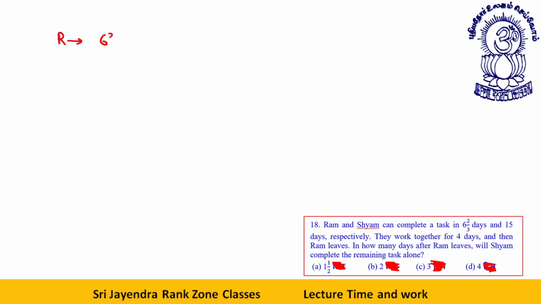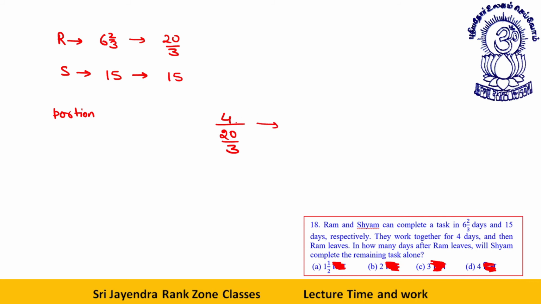Ram can do a job in 6 2/3 days, that is 20/3. Sham can do the work in 15 days. They work together for 4 days and then Ram leaves. Let's say how much portion of work is done by Ram? The portion done by Ram in 4 days out of 20/3